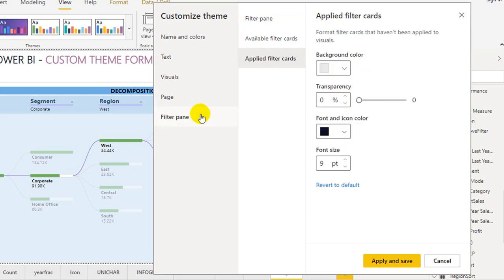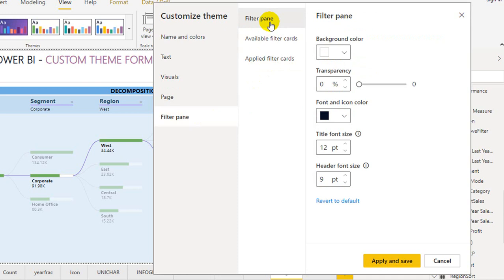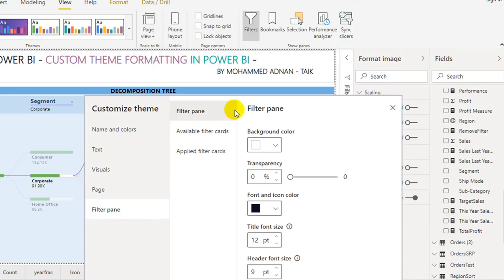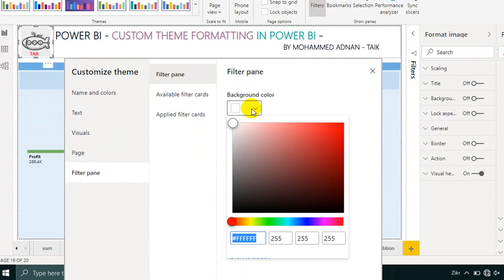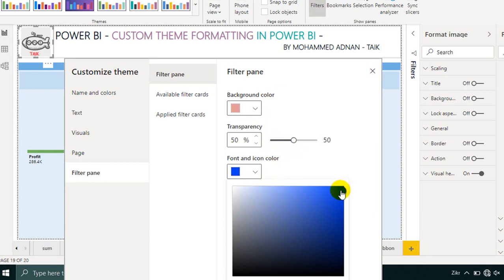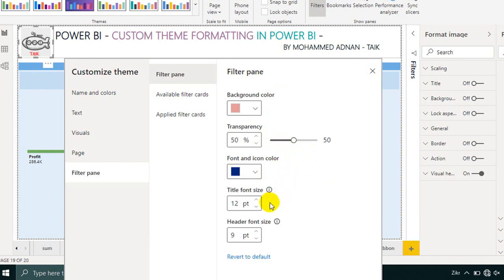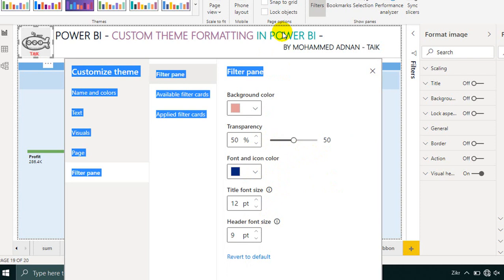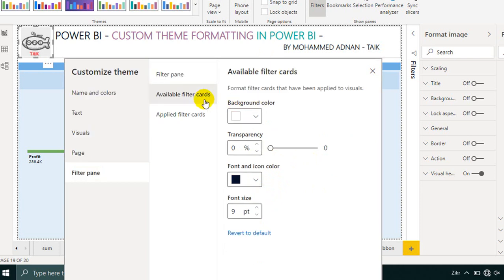And then the filter pane, this is the one, the background color, and then the transparency, font and icon, let it be blue, font, and then